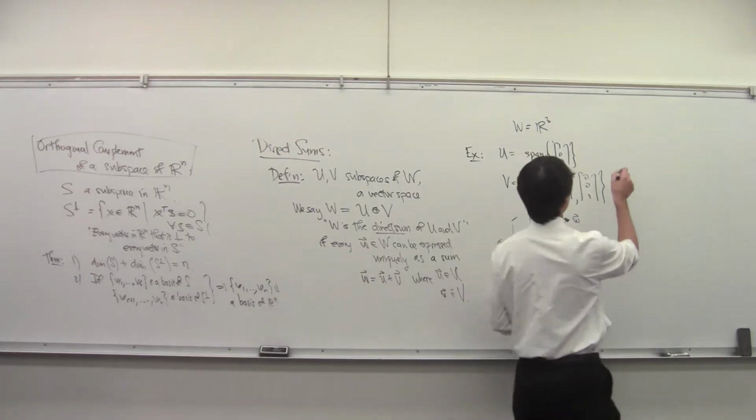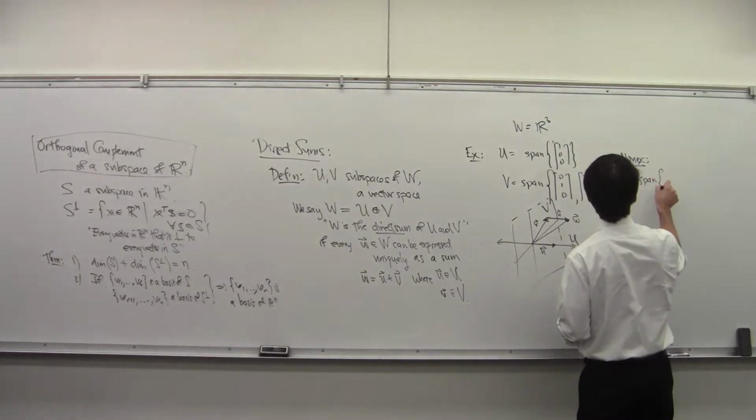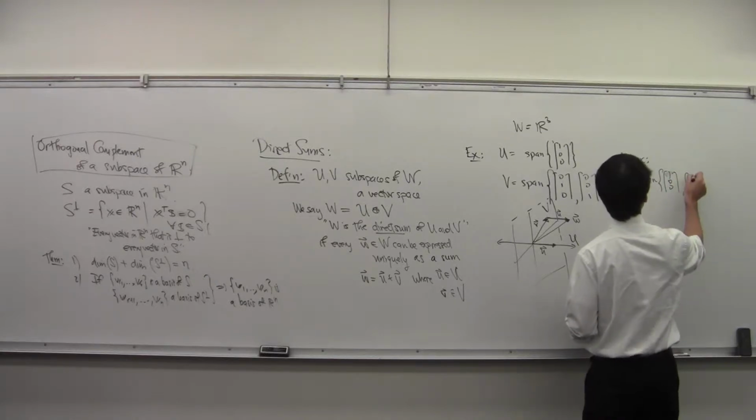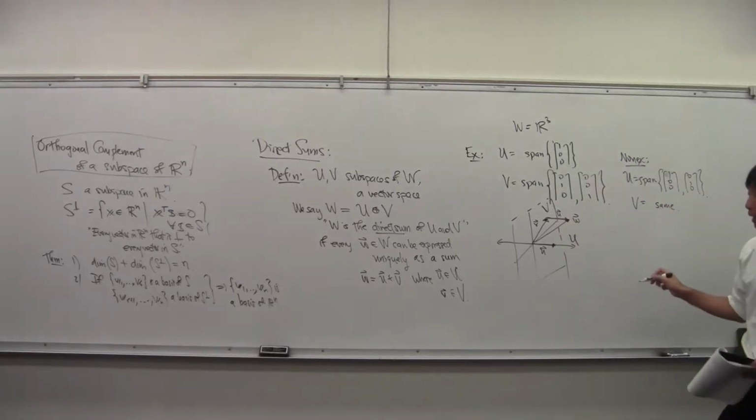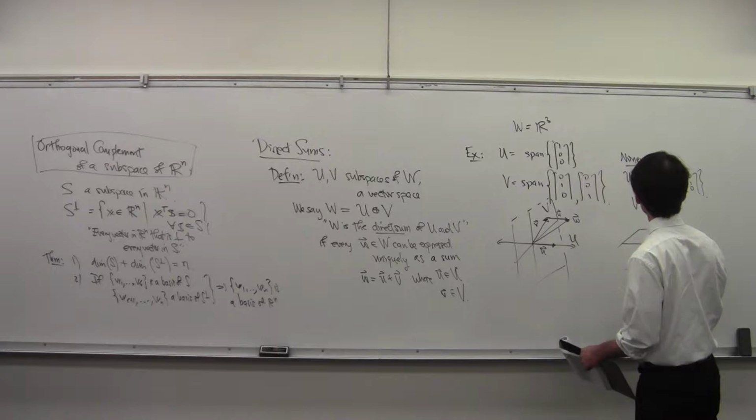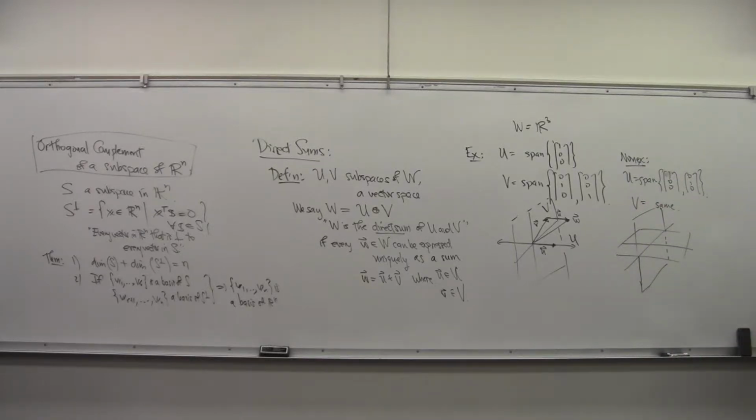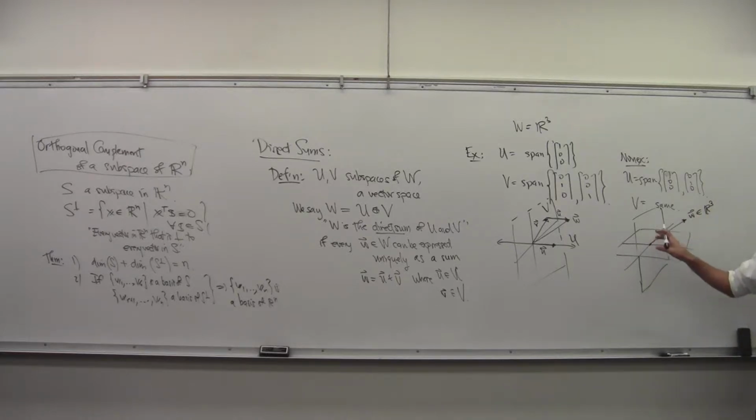Okay, for a non-example, if we make U the span of (1, 0, 0) and (0, 1, 0), and V the same thing as before, so we have now the xy plane and the yz plane. Well, we still have the property that anybody in R3 can be expressed as a sum of somebody here and somebody there, but now we've got